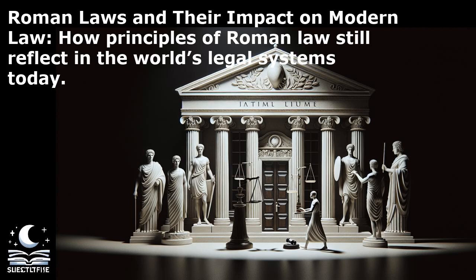A notable statistic is that the concept of res judicata can be traced back to Roman law and continues to be a key principle in contemporary legal practice. Additionally, the Roman legal concept of precedent, known as jurisprudence, has had a significant impact on modern common law systems. In Roman law, judicial decisions were considered binding precedents that could be used to guide future legal rulings. This concept of precedent has been adopted by modern common law systems, where courts rely on previous decisions to interpret